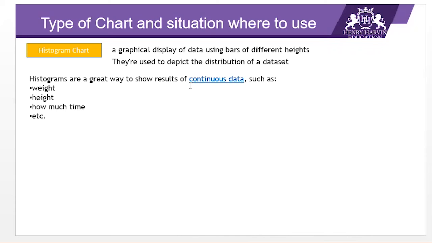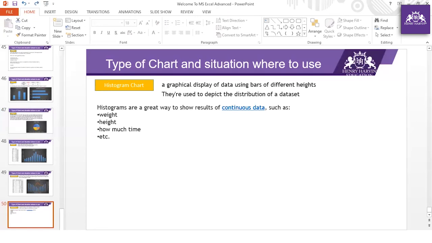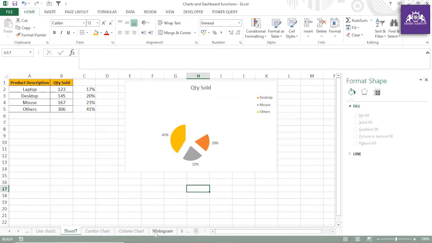If I talk about continuous data, guys, let me tell you an example about height. If you have the height of people, of course that can be in centimeters or in decimals also, right? And if you look at the weight, it varies from person to person. So we have to showcase the weight in a specific range. So I hope, guys, you can see the point. These are the examples I have given for continuous data. So let me show you an example in the Excel file where I have the data for the histogram.